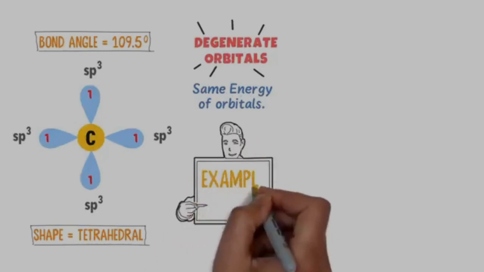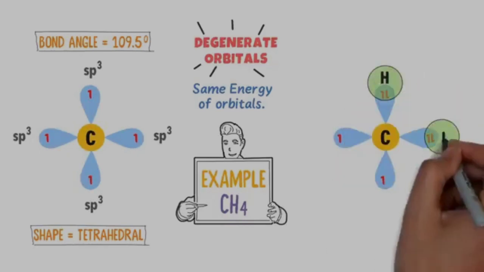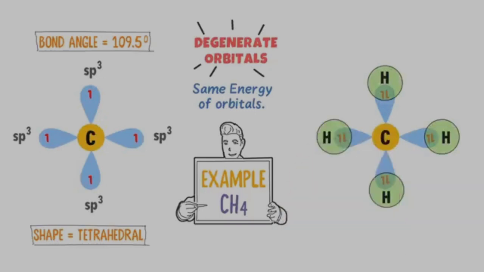Also, let me give you an example of sp3 hybridization of a carbon in a molecule like methane CH4. Now consider sp3 hybridization in this carbon atom. We know that there are 4 unpaired electrons present in it. According to valence bond theory or VBT, unpaired electrons are needed to form covalent bond. So 4 hydrogen atoms will share their single valence electron with the electron of hybrid orbitals of a carbon, and we get CH4. Thus this is the shape and geometry of methane CH4 in which carbon has sp3 hybridization. So note down this example. Secondly,